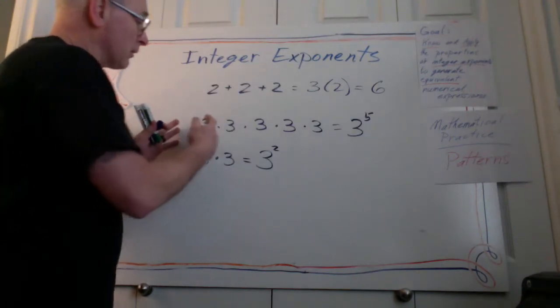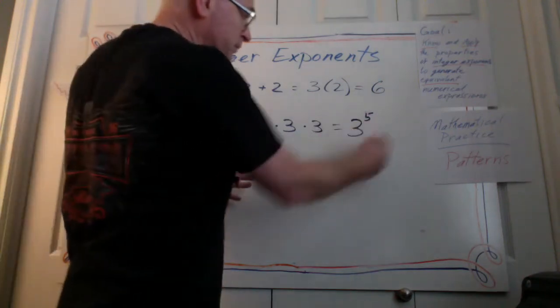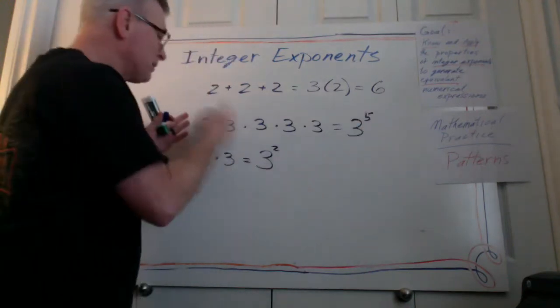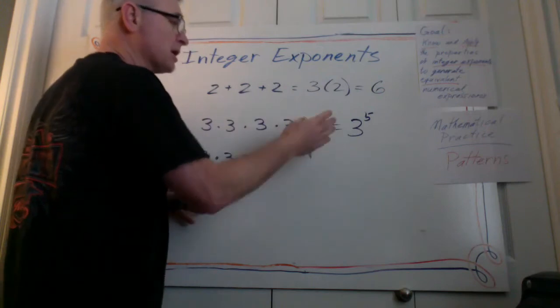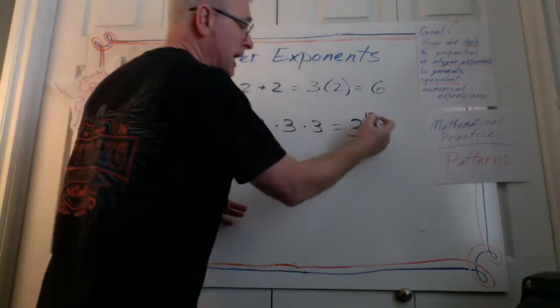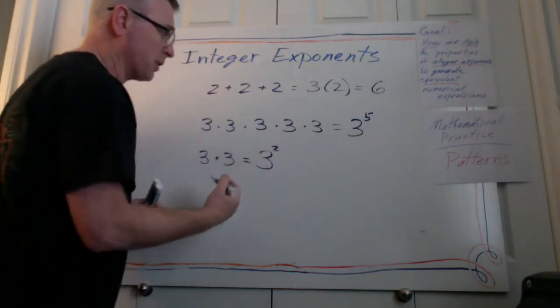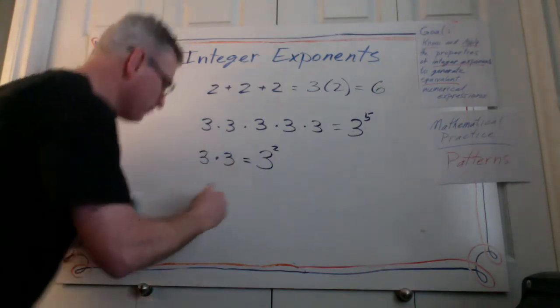So repeated addition becomes our powers, where we have our base and our exponent. So repeated multiplication, I hope I said that right the first time, repeated multiplication becomes powers. We have our exponent on top of our base, and here's a base with a different exponent. So what happens if we had a situation where we had